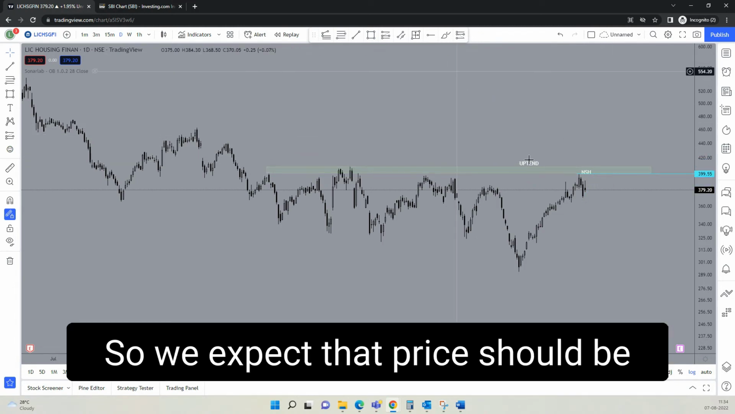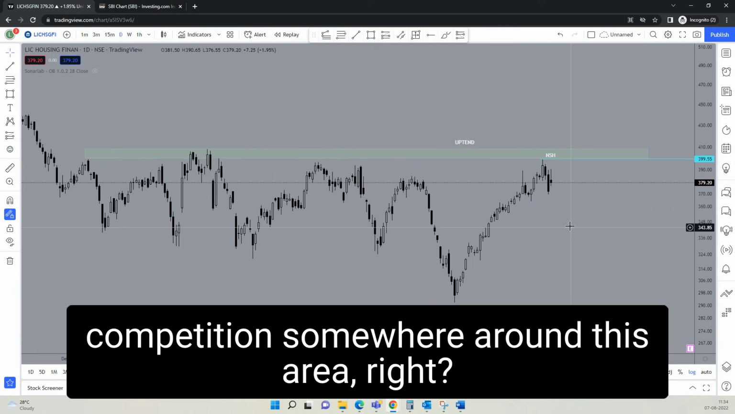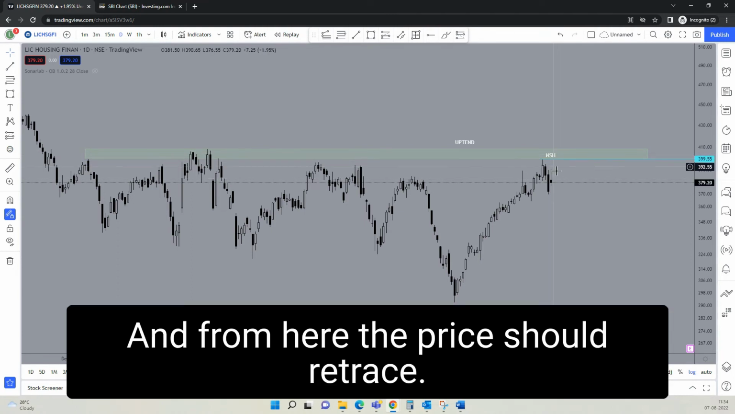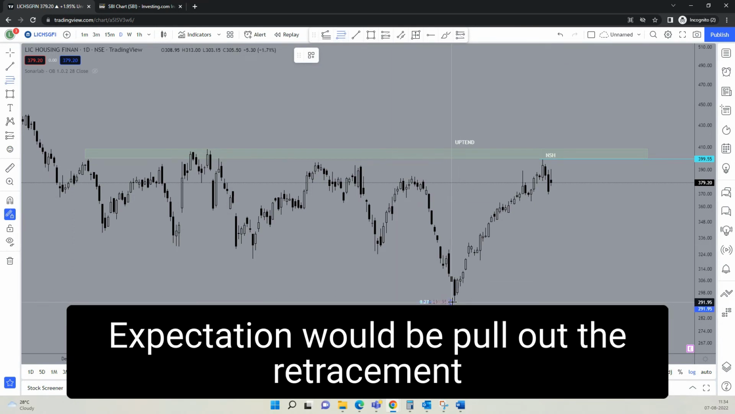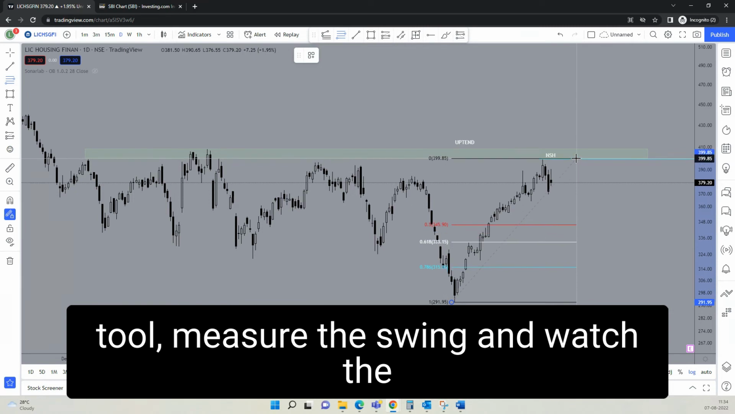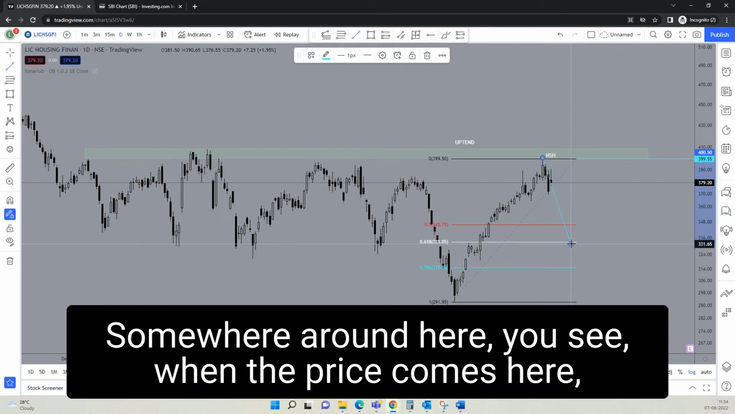So we expect that price should be getting a resistance, buyers should be getting stiff competition somewhere around this area, right? And from here, the price should retrace. Now, what will be our next expectation? Expectation will be pull out the retracement tool, measure the swing, and watch the price action when it comes somewhere around here. You see,